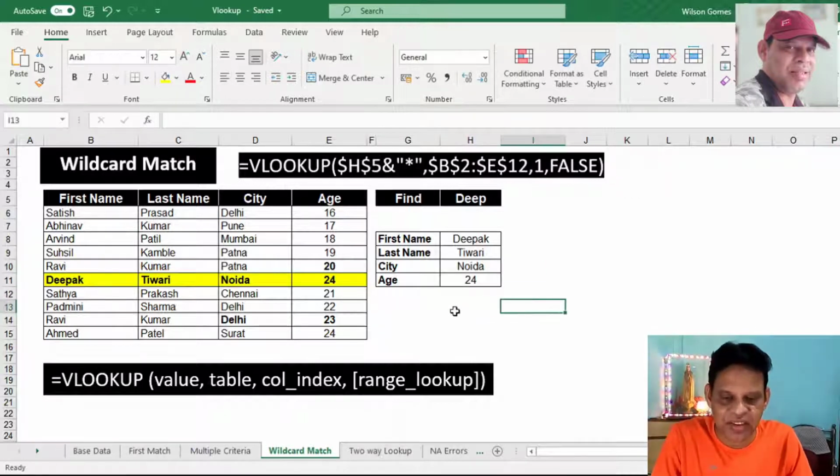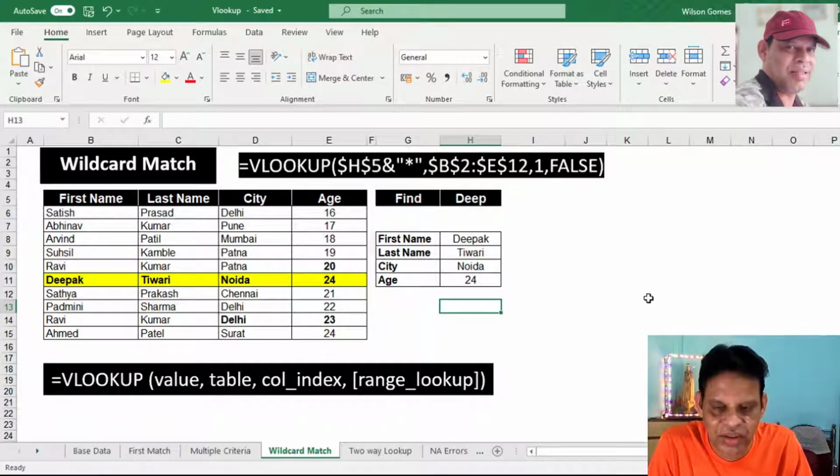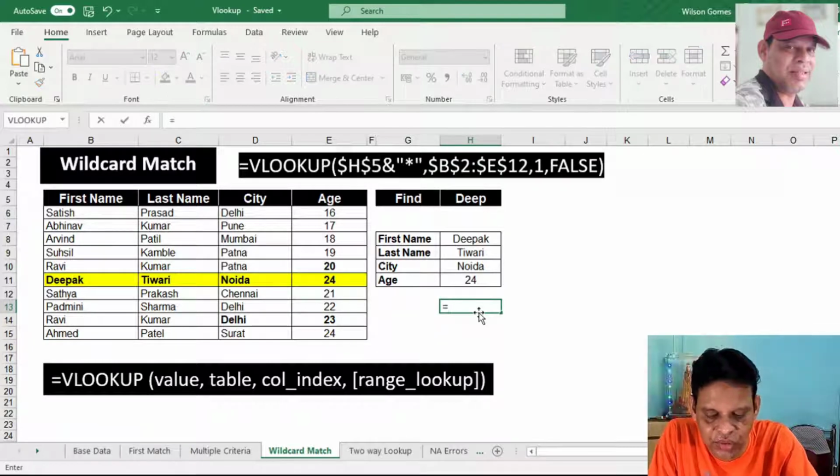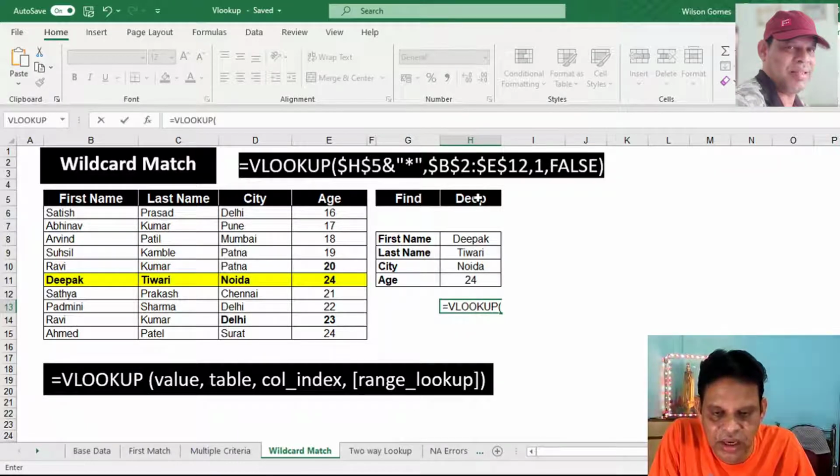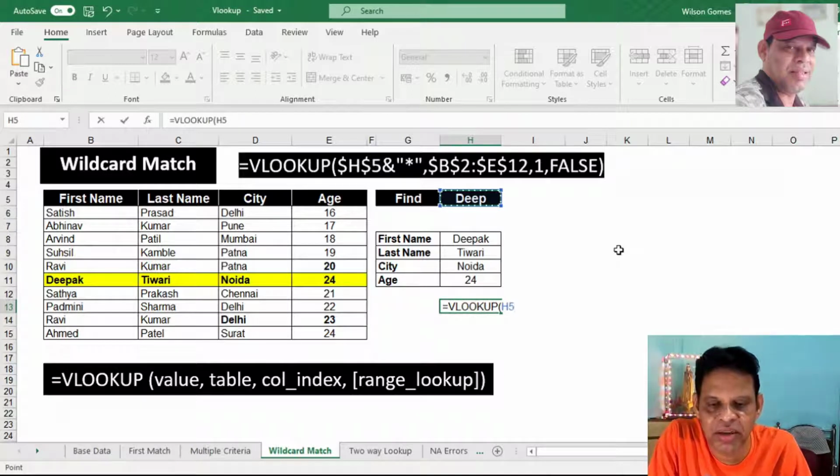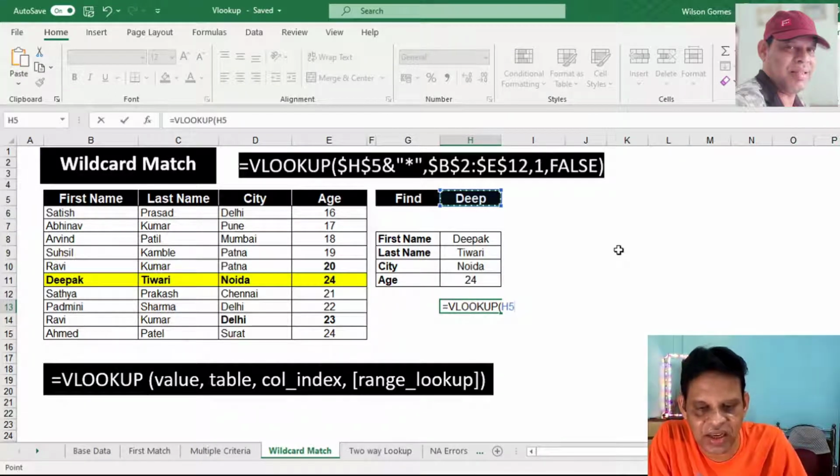I'll show you with an example here. Same this Deepak, okay, equal to VLOOKUP open bracket, this Deep partial. I need not put dollar because only one person is there here.